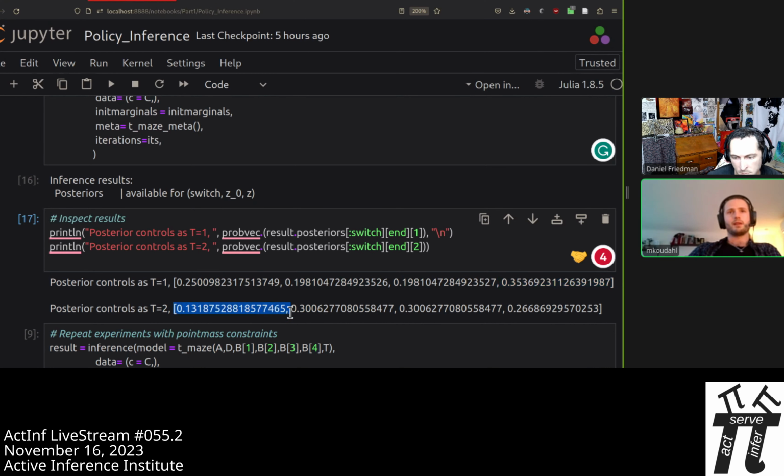Here we see that it is quite unlikely to stay put, to go to the starting position. There's some probability there, it's coming from the prior. It is indifferent between going to either 2 or 3, because even though we know that we're going to get information at the queue, we still don't know whether it is going to be right or left.